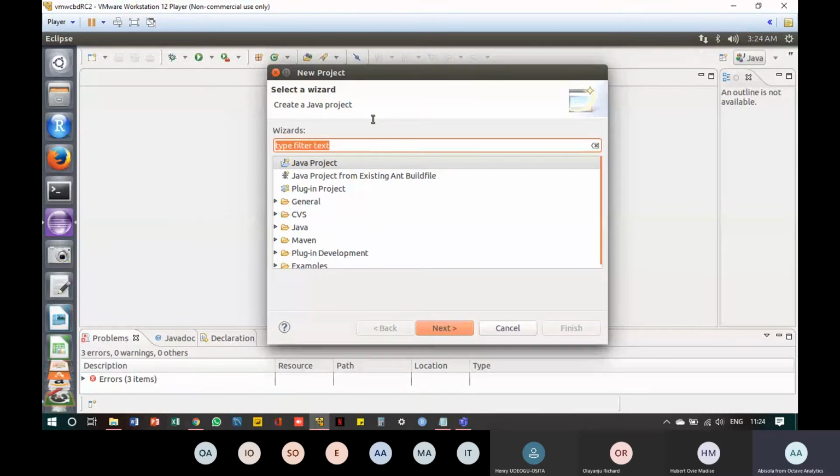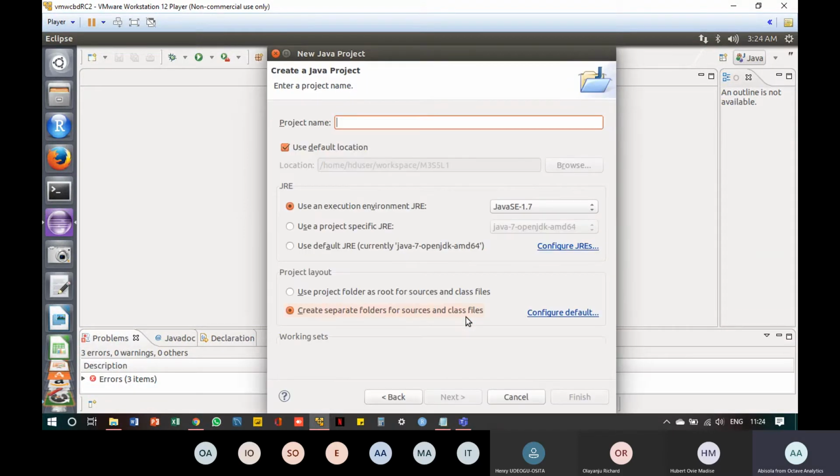So you would see this come up, and then when this comes up, select Java project, and then click on next. If you're following the book, you would see what I'm doing. I'm doing exactly what's in the book. Now when you click on next, in your project name, just type simple word count. So we want to count words, and then we want to call our project simple word count. They said this name already exists, so I did it sometime ago.